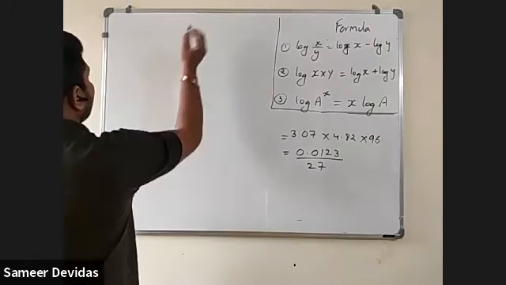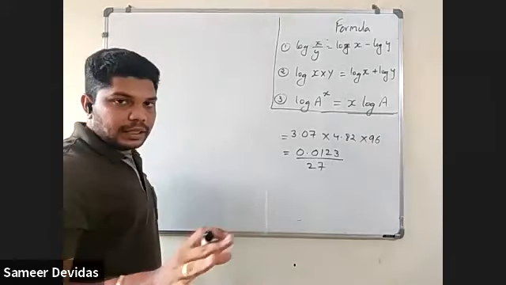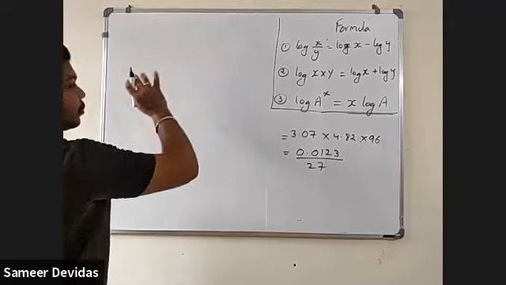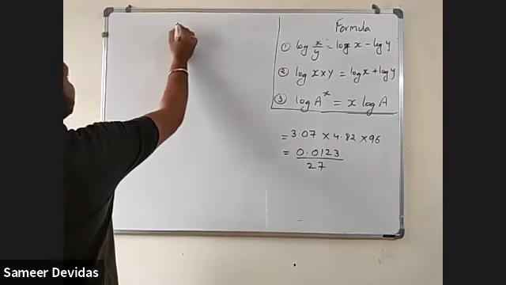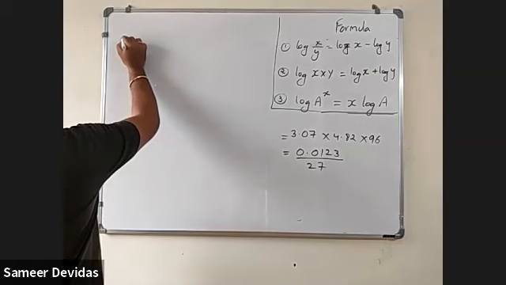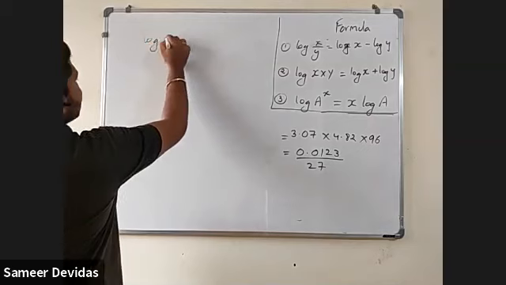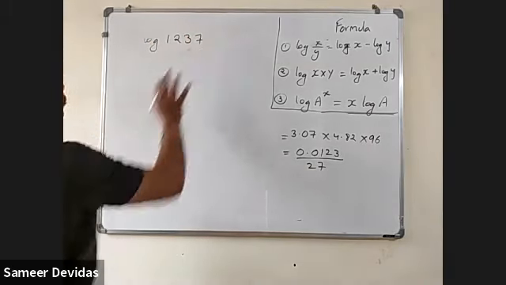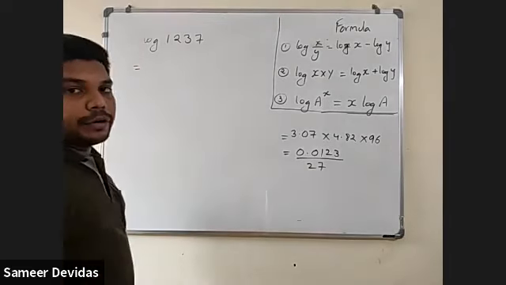So slowly we'll go with this now. What is it exactly? You have the logbook, everything you have seen. I will not go in depth with that. Now I will go with direct problems only. Now, two things are there. You need to write down the two things. Now I will say log 1237. Like this, one particular number is there, and you need to find out the log of it. Then how are you going to do it?